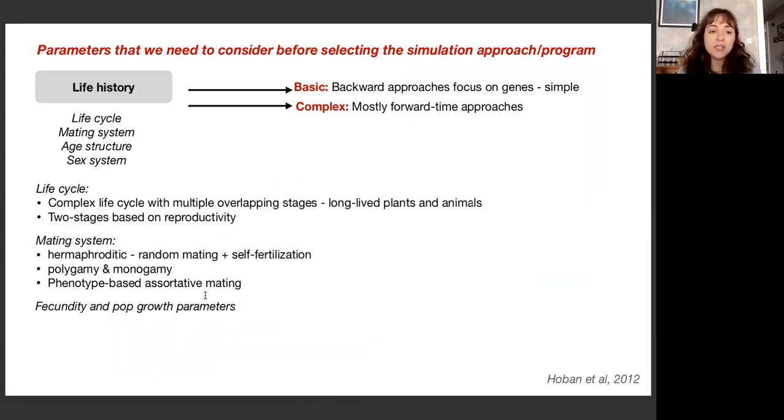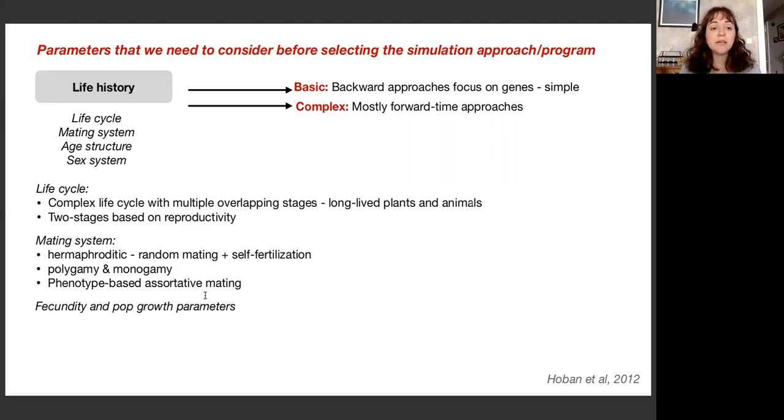While designing the simulations, what we need to do is decide the parameters that we need to consider before selecting the simulation approach. Since today we are going to meet SLiM and forward time genetic simulators, the first question coming to mind is: why do we run the forward time instead of the backward time simulations? We need to know about their basics, what kind of data you can generate between different approaches. Both of them have some pros and cons regarding different patterns, but the parameters that we need to consider,